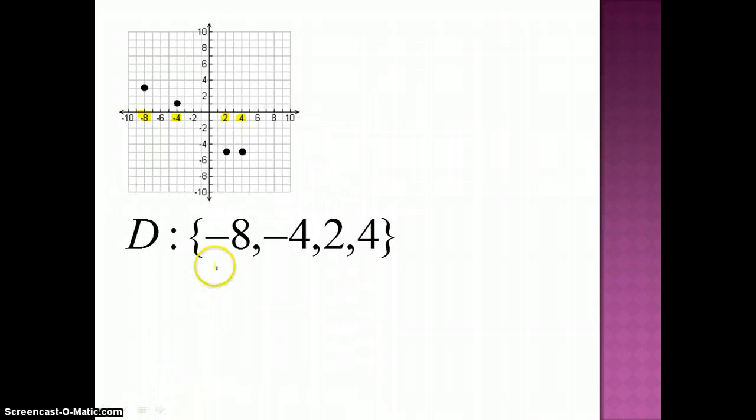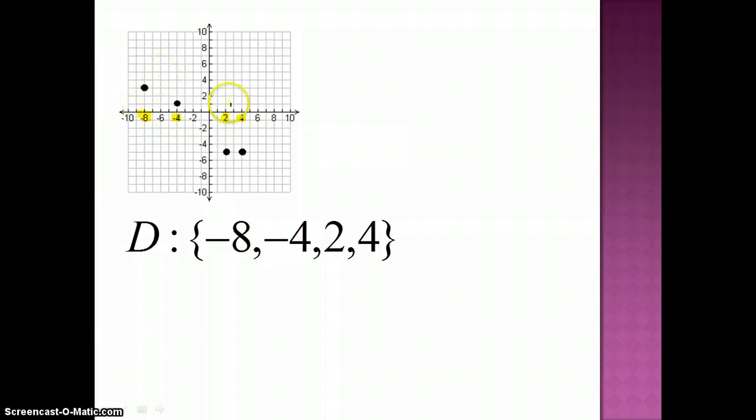Let's look at our next graph. This one's a little bit different because we just have ordered pairs. Okay, so we're just going to list them out. So for x, we have -8, we have -4, we have 2, and we have 4. So that would be my domain. -8, -4, 2, and 4. Remember, least to greatest. For range,